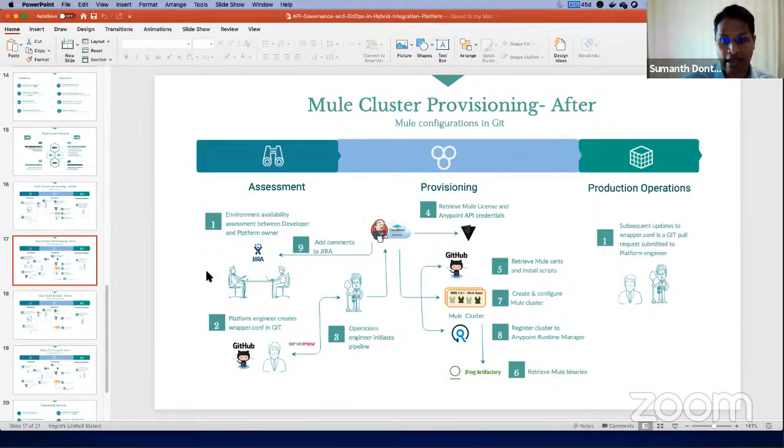We have different platforms, distributed globally, and we manage them that way. Mule provides the Anypoint Platform APIs, so we created a dashboard and pull the details.